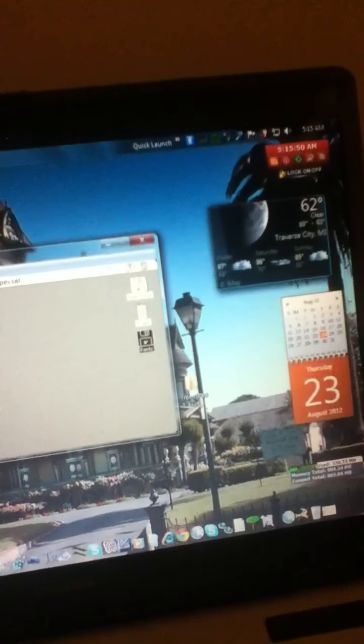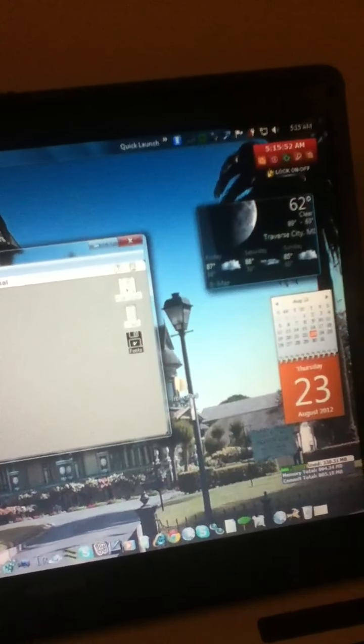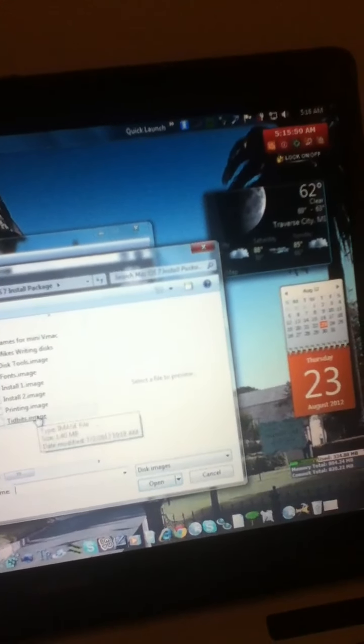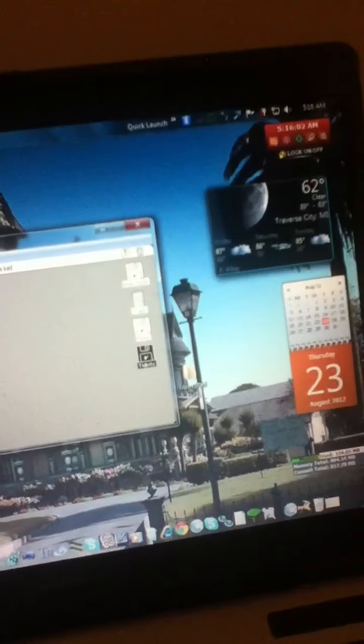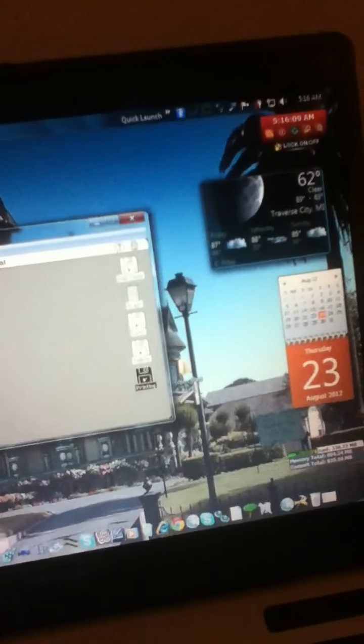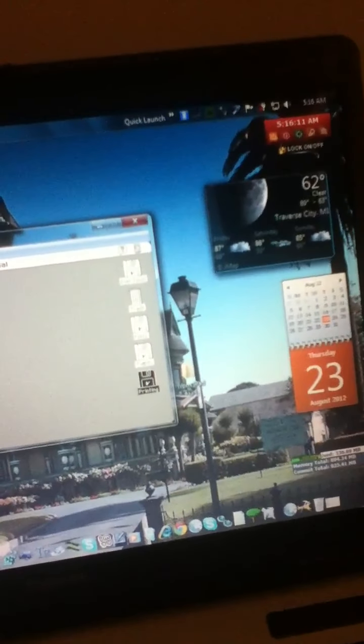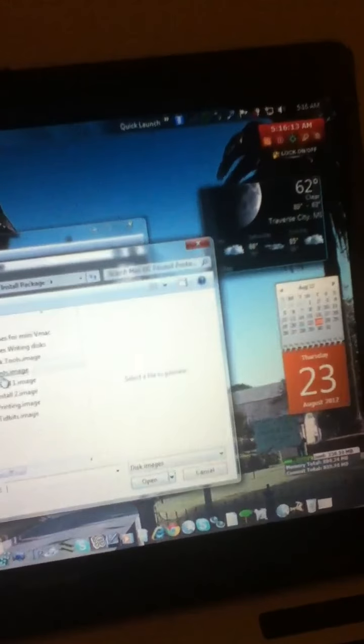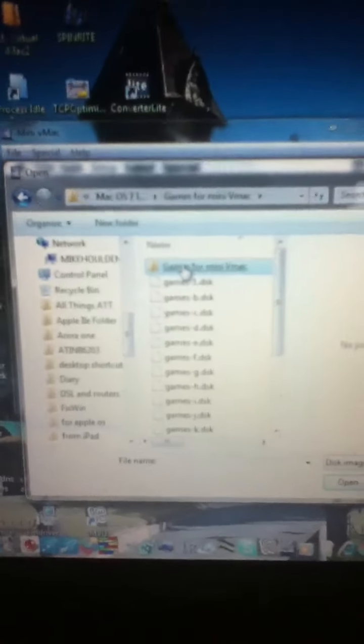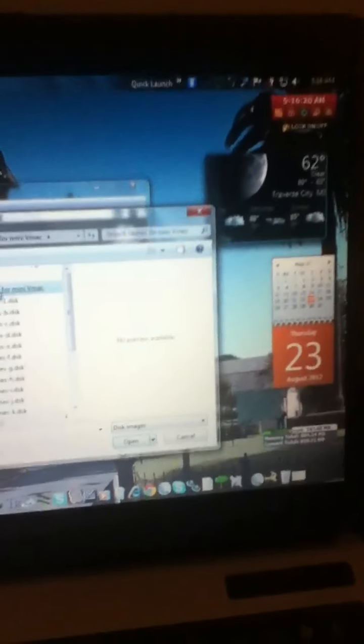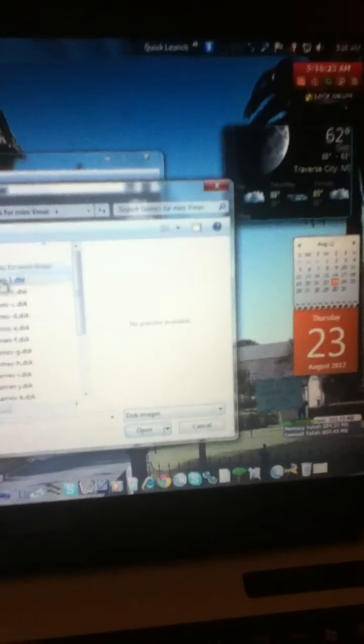Fonts. And let's open disk image. Tidbits. Open disk image again for printing. And open up a game. Games for the Mini Mac. I call it this the Mini Mac. So we're going to try for